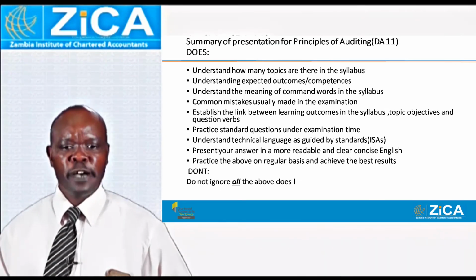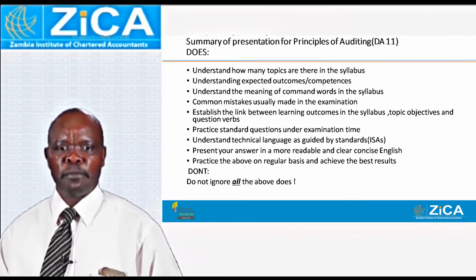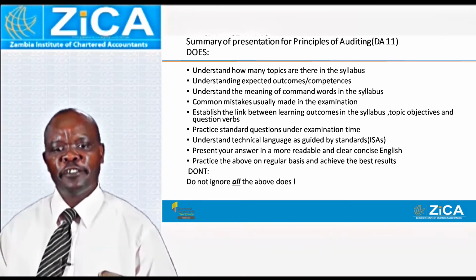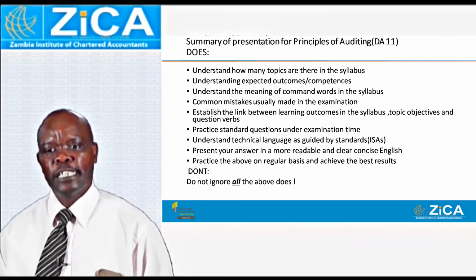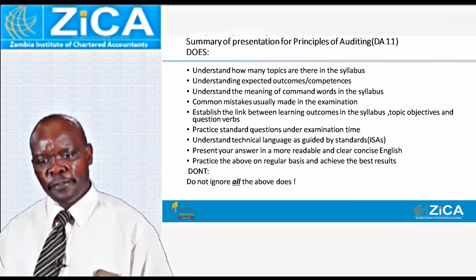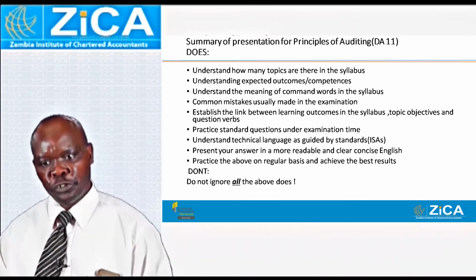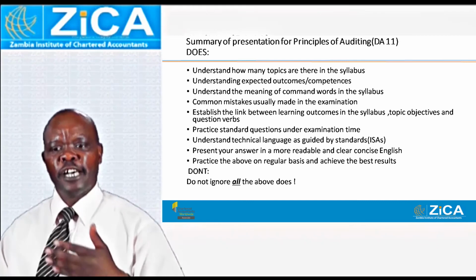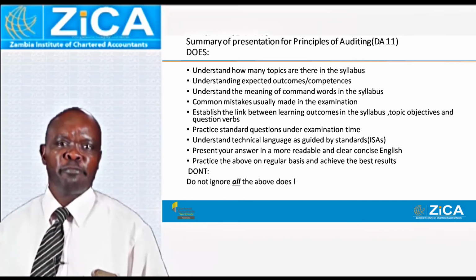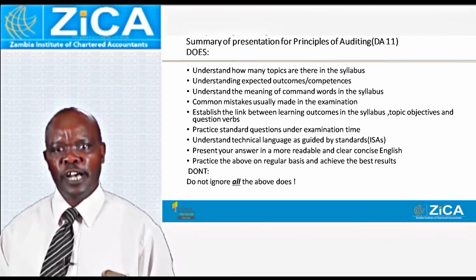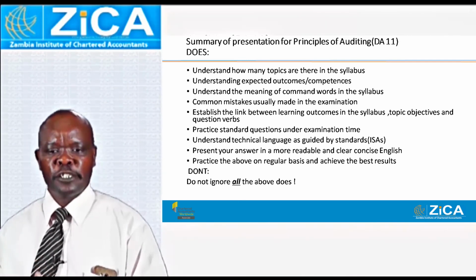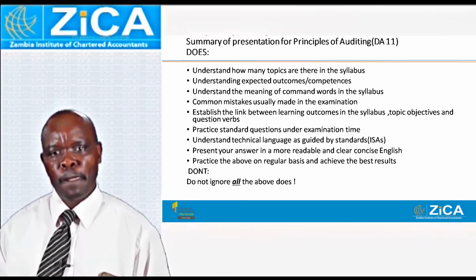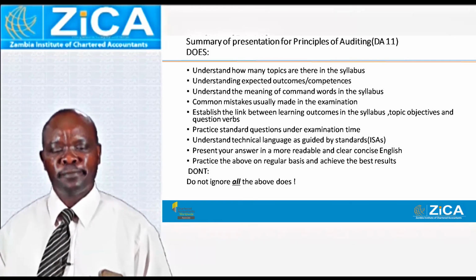And in summary, I would like to remind you of some very important things that you've gone through in our presentation. The first thing is that we should understand the topics that are in the syllabus. These topics are arranged chronologically. Topic 1 feeds into topic 2. For you to go to topic 3, you must comprehend topic 2. And topic 8 is the last one, which is basically an output from the evidence that we've gathered. So you cannot study the subject of auditing beginning with the report, because how do you give a report before you gather and analyze your evidence?